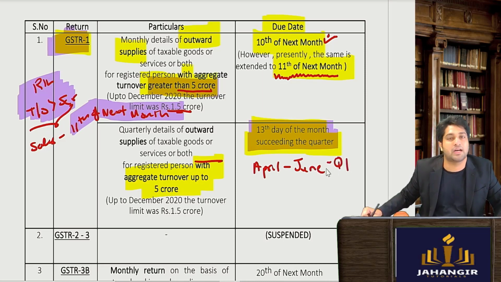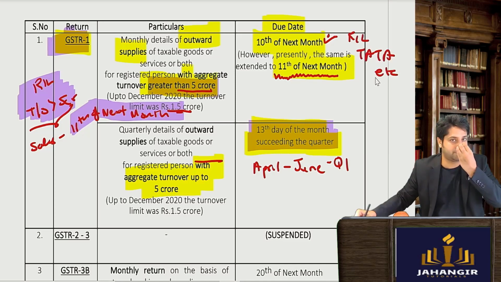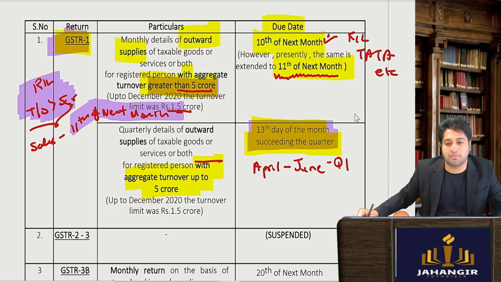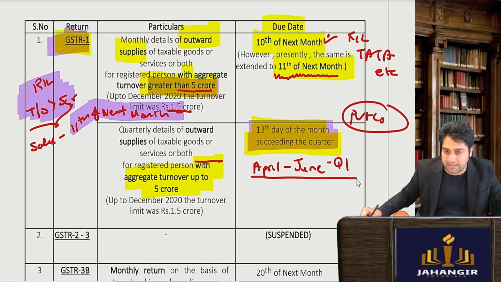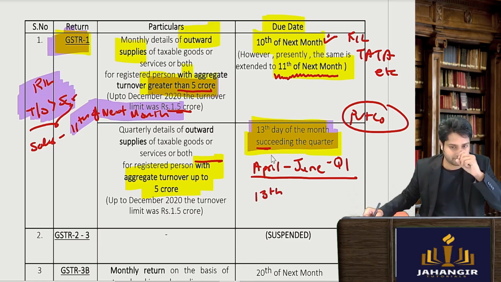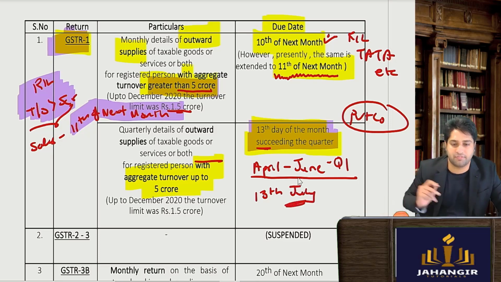अब इस क्वार्टर का क्या मैं मंथली रिटर्न फाइल कर रहा हूं? नहीं, मंथली रिटर्न is for Reliance, Tatas etc., big companies. क्वार्टरली रिटर्न is for smaller companies, let's say there is a private company, छोटी कंपनी जिनका टर्नओवर इतना ज्यादा नहीं है, 5 करोड़ तक ही है. तो इस क्वार्टर की डिटेल्स, क्वार्टर 1 की डिटेल्स कब तक होगा? 13th of the month succeeding the quarter. So June, July. So by July 13th. I hope this is clear. Very simple.